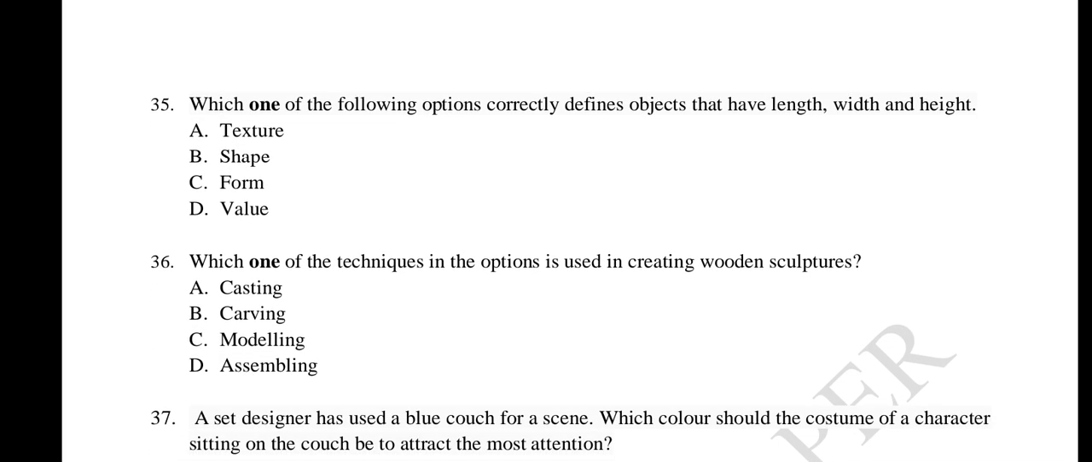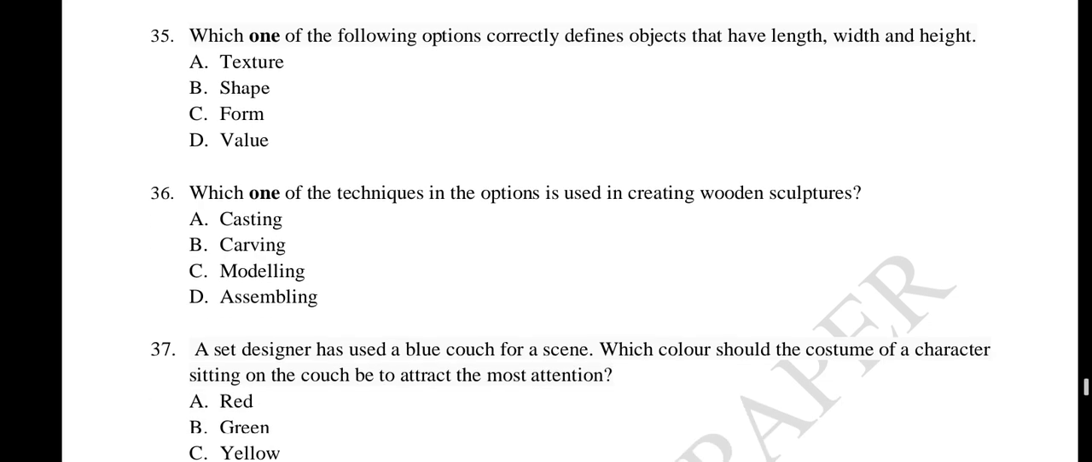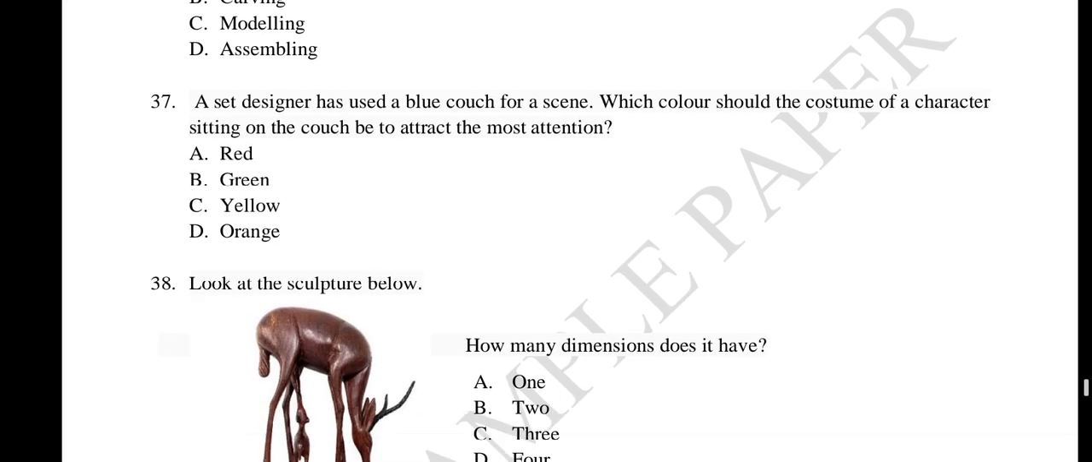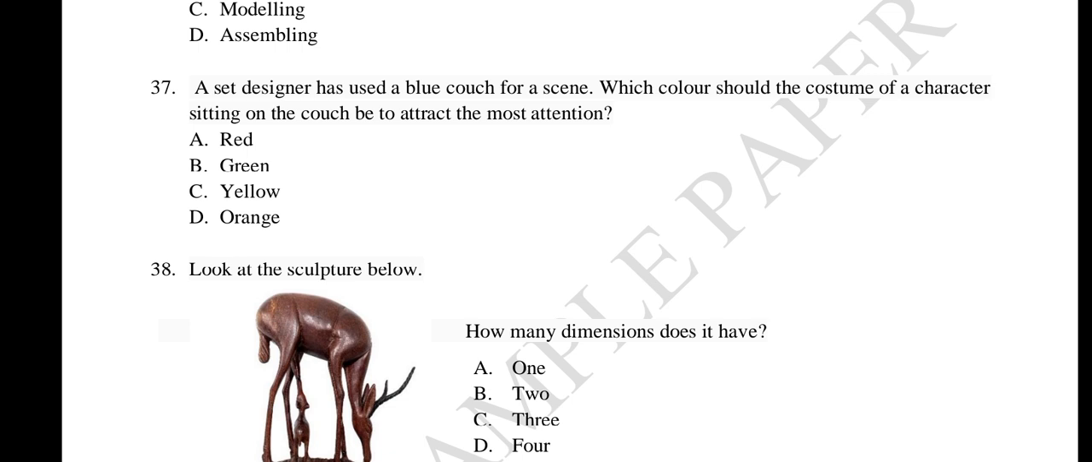Then which one of the following options correctly defines objects that have length, width, and height? That is form. Which one of the techniques in options is used in creating wooden sculptures? That one is carving, which is B. That's 7. A set designer has used a blue couch for a scene. Which color should the costume of a character sitting on the couch be to attract